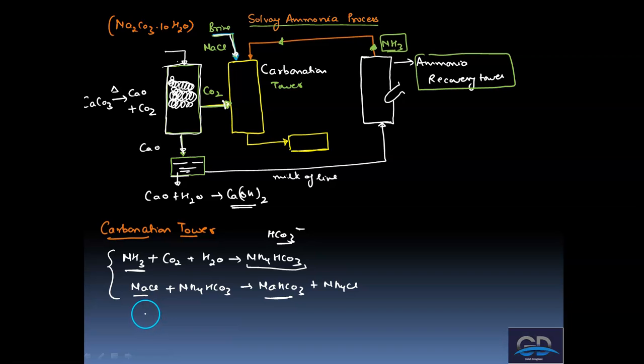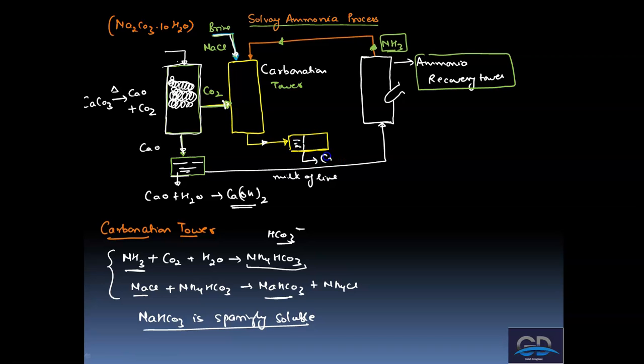The process is entirely dependent on the fact that NaHCO3 is sparingly soluble. So it is the roughly insoluble nature of NaHCO3 which is the basis of this reaction, and it can be filtered off very easily. So we can see that the product that we are getting over here, if we filter it,